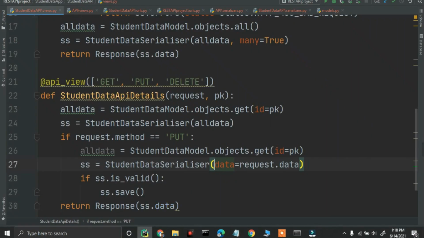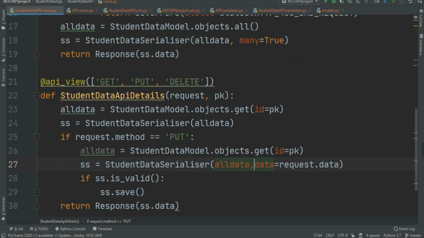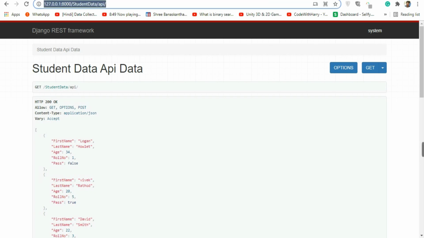So what you can do, you can just directly write the old data in here, or whatever your data object name is in here. Again, first grab that particular object. I'm grabbing that particular object using the primary key. You can use the name, whatever field you wanna use, and then just write that object in here. Now let's try. I'm gonna reload this URL.